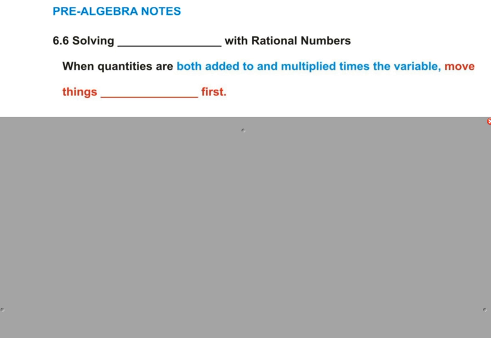Okay, so this is 6.6, and this is a real important lesson. And how in the world did I skip 6.5? I think there's a method to my madness, so let me pause and make sure I'm doing what I want to do. Okay, so we are on 6.6, and we're doing solving equations